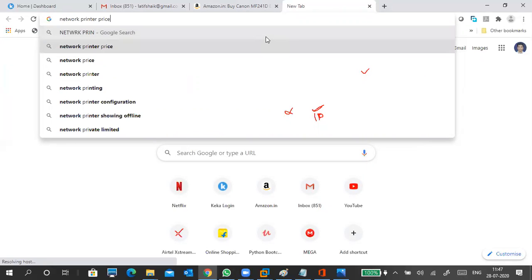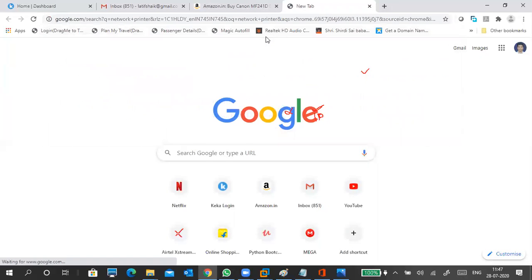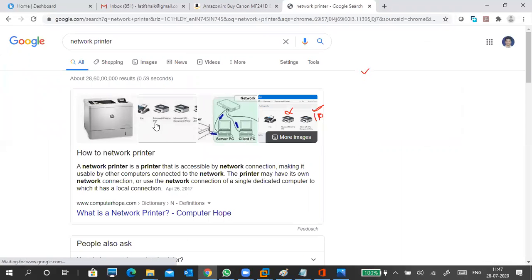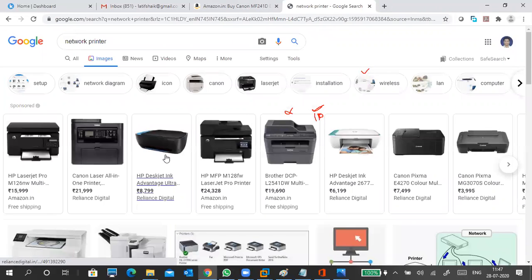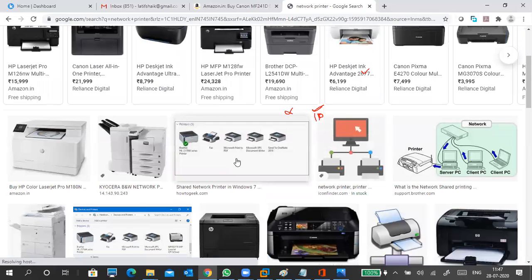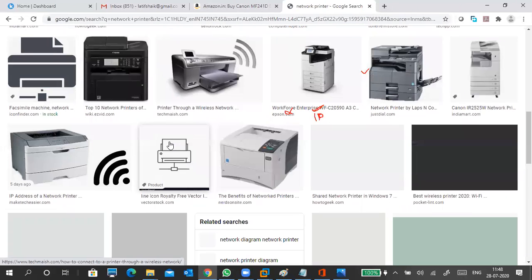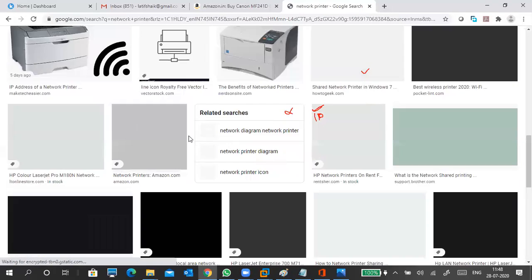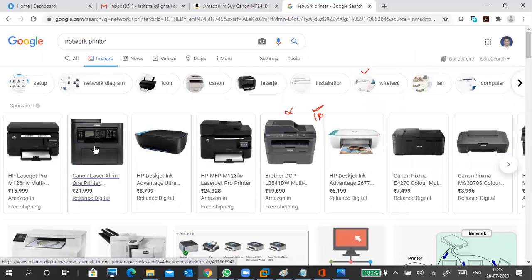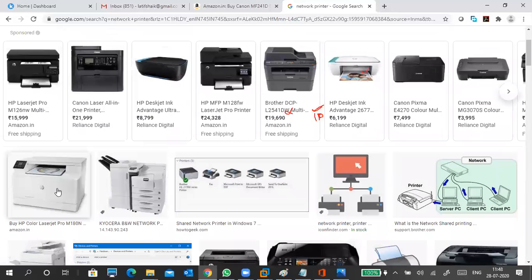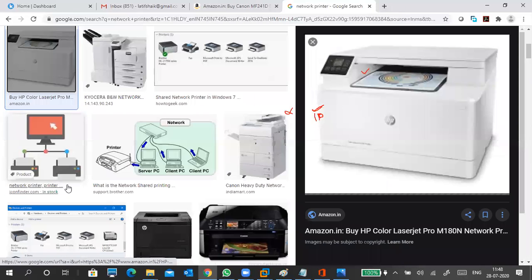Network printer, images. So like this we can connect, and here network printers are there now. I need the backside RJ45 port. You can search yourself till you find something.